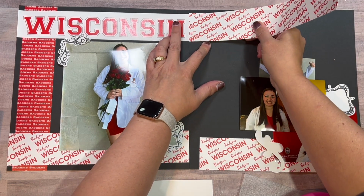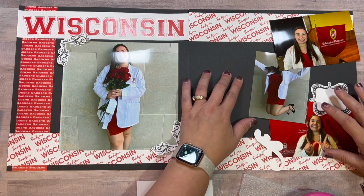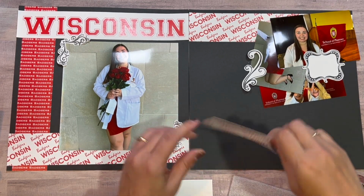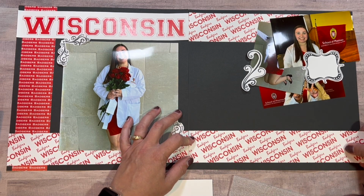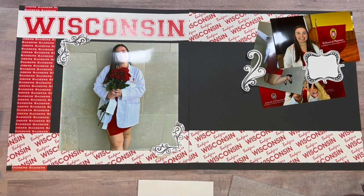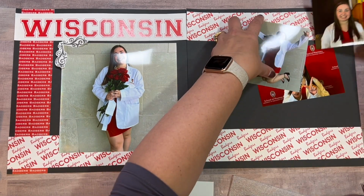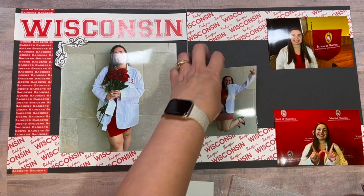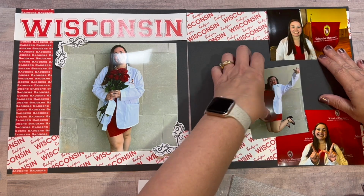And I had done another page with her white coat ceremony, and it has some swirls. The Cricut used a pen to make some swirls, so I thought that was perfect. And that was really my jumping off point. That gave me the idea to look for something like those photo corners, and the swirl as well. And then once I look at the sketch again, I'll see that she overlapped the photos over those